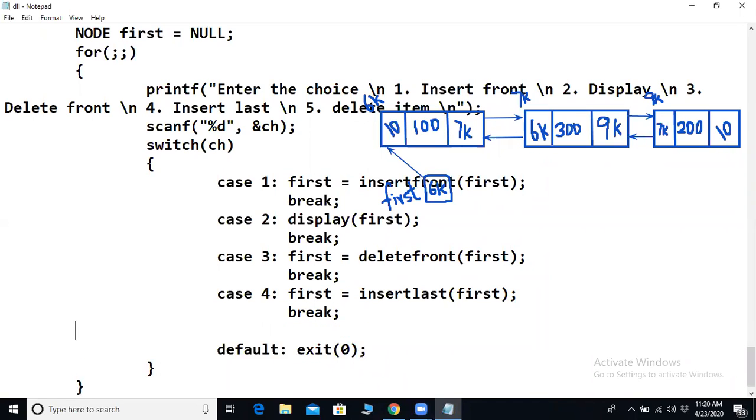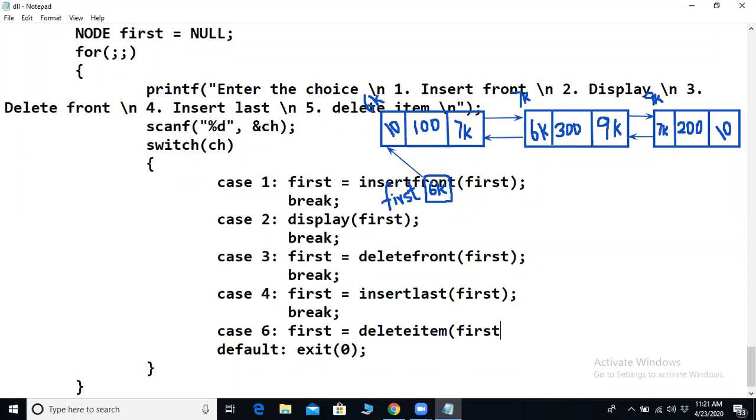Case 5 I will keep for delete last, but I'll take the choice as 6 for delete an item. So let's have the same one, delete item.